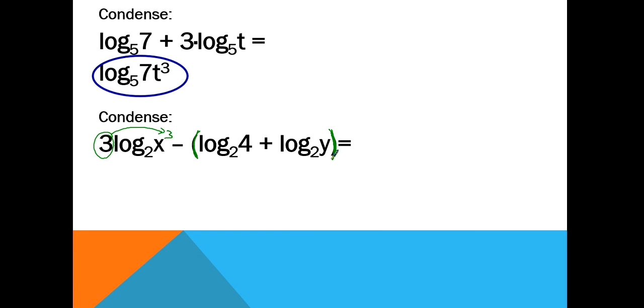Then, once I combine those two, deal with that subtraction and deal with the quotient property. Okay? So when you finish, you're going to get x cubed divided by 4y. Now, if those parentheses were not there, okay, so if you were actually doing this problem and these parentheses weren't here, get rid of them, and you were doing this problem,